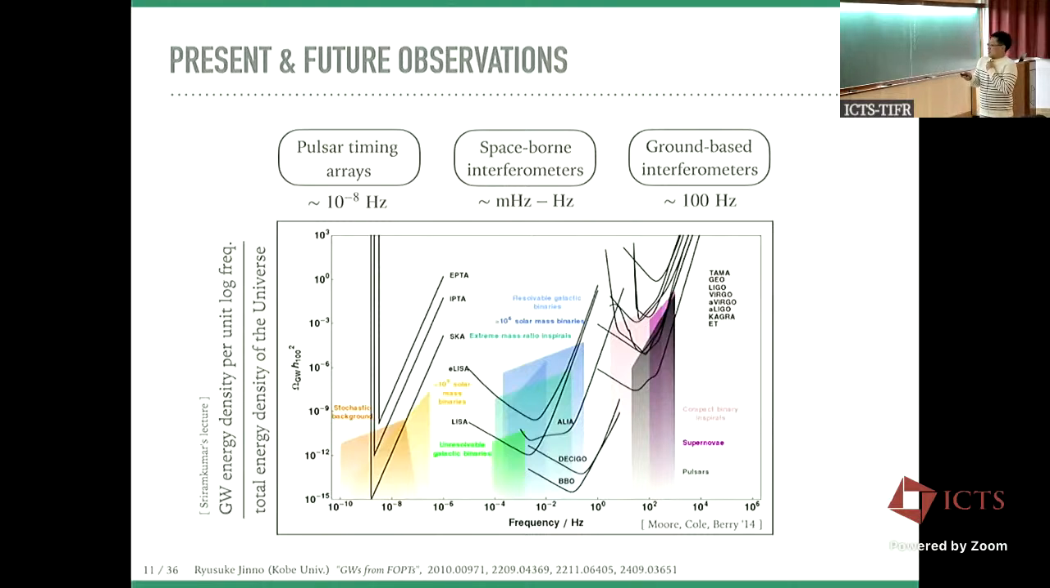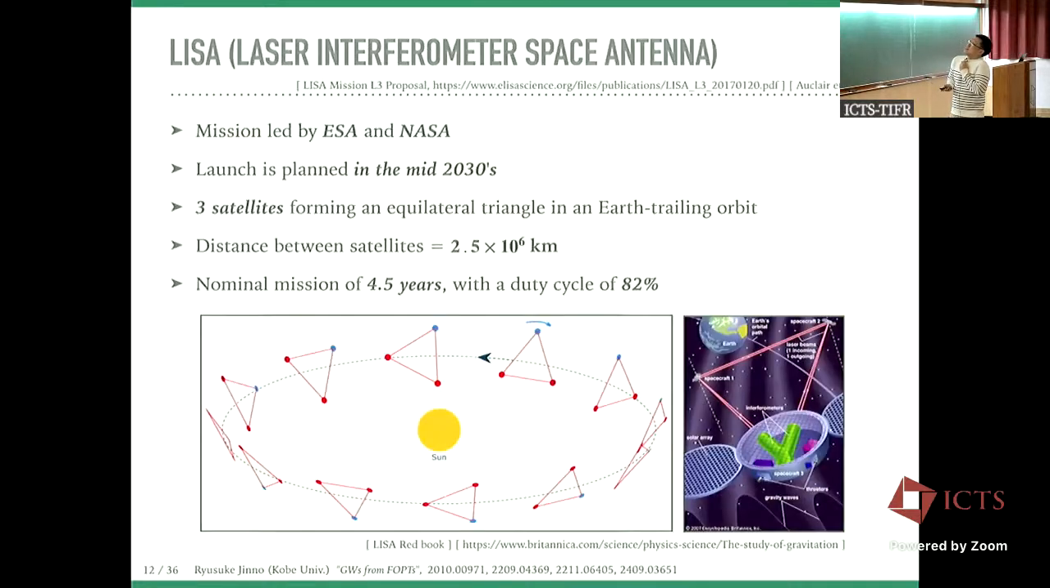And one exciting experiment is this LISA. Let me introduce this LISA project. It's an abbreviation for Laser Interferometer Space Antenna. And it's a mission led by ESA and NASA. And the launch is planned in the mid-2030s. And as you can see from this figure, 3 satellites form an equilateral configuration